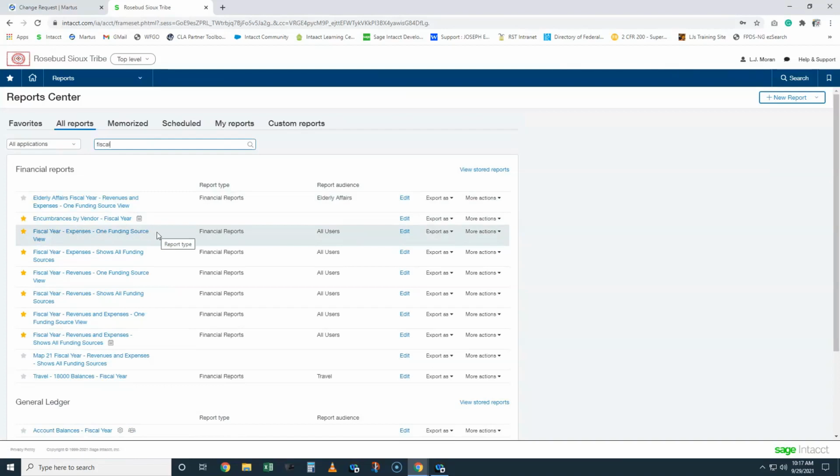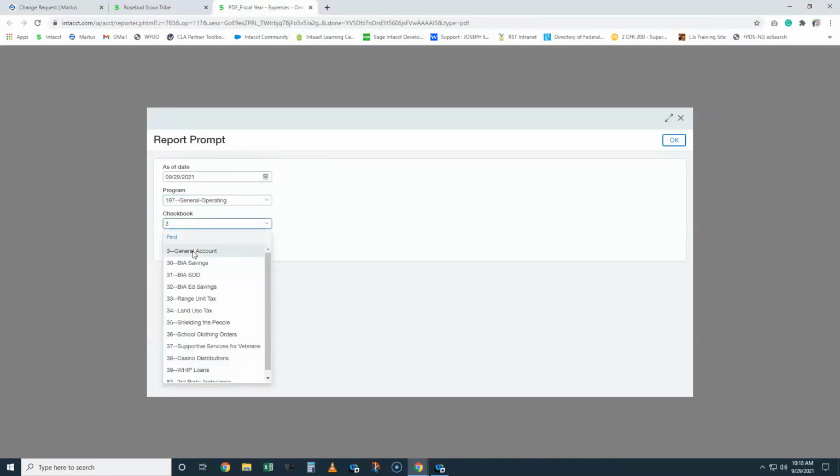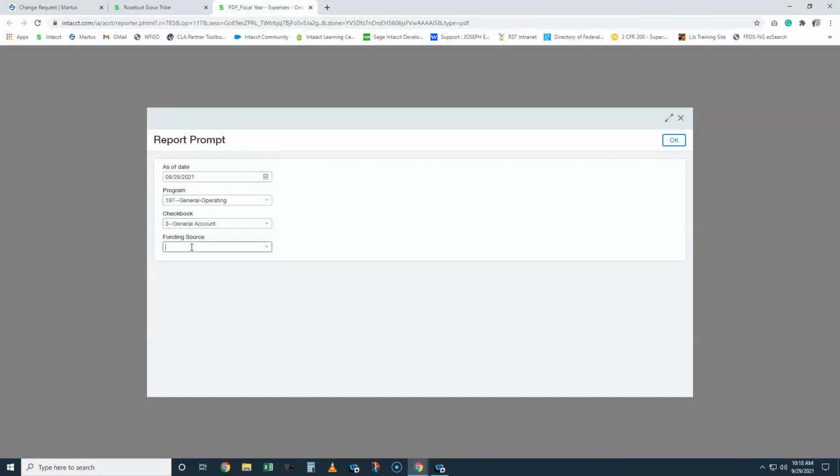We know for our budget mods, we need to attach a copy of our financial report. So if I ran this here directly on screen, I'd have to run it twice because then I'd also need it as a PDF. So rather than doing that, I'm going to export this report as a PDF. And we'll tell Intact what our program is, what our checkbook is. And we're running the one funding source view report, so we definitely want to specify the funding source